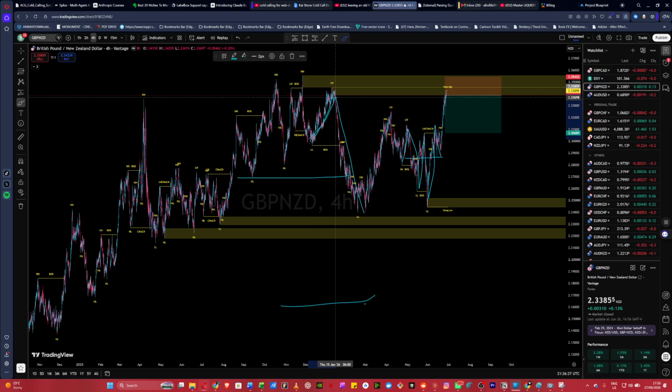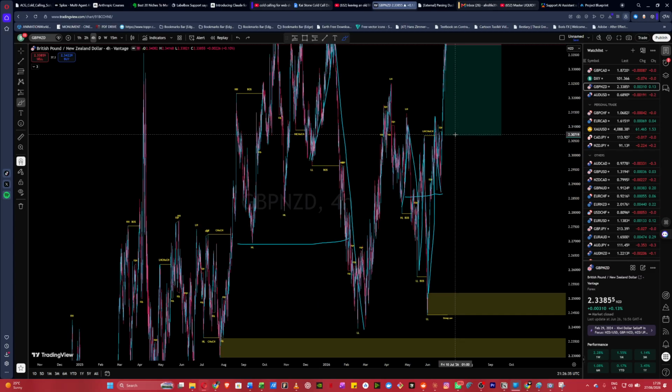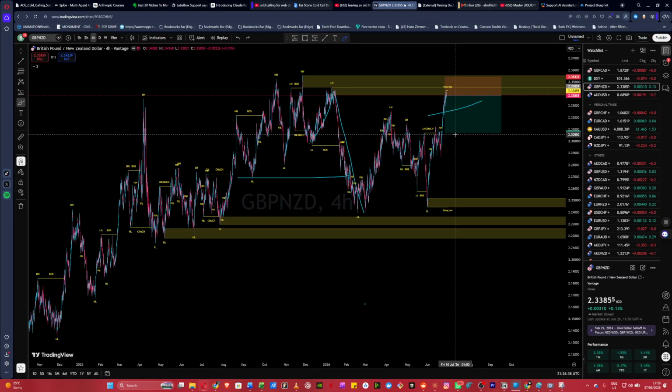So it goes up, comes down, goes up, right? Comes down, and then comes to the top, and then gives my TP here. So that's it. It's all pattern recognition, like I've always been saying. Pattern recognition, look at structure, liquidity, and all this kind of stuff. So yeah, this is all good.